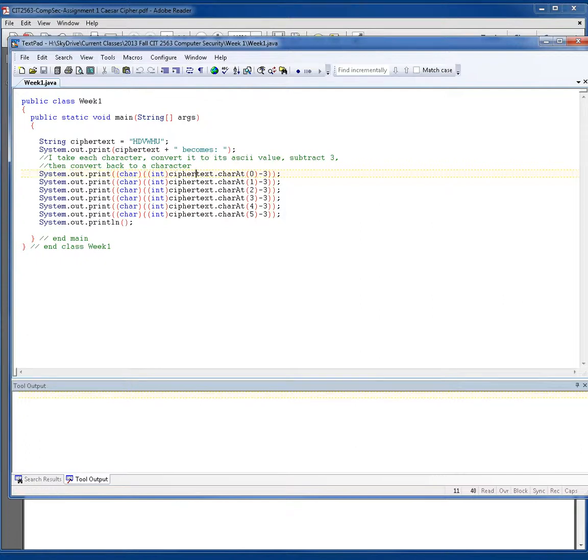Then I take the string. I'm using something called charAt. It's covered, I think, in chapter 3 of the Java book. It should be in chapter 3. I'm using ciphertext.charAt(0). That means return the first character of the string, so it's going to return this H right here. So ciphertext.charAt(0) minus 3. The Caesar cipher, which you'll learn about, shifts by 3. So this is saying take the first character, strings always start at 0, the first character of ciphertext, and